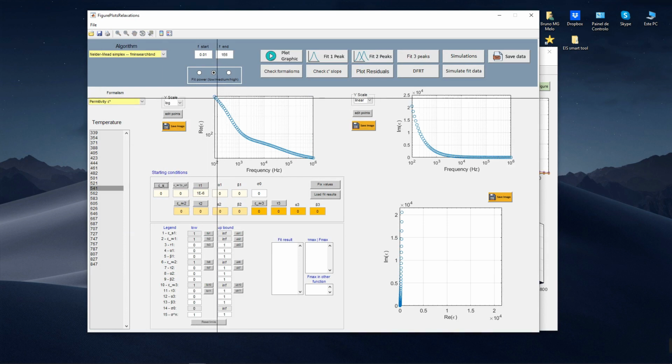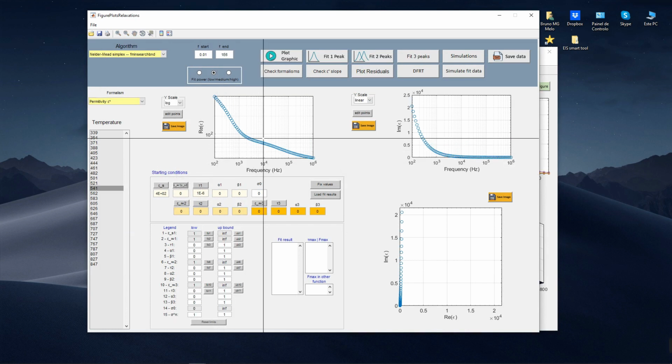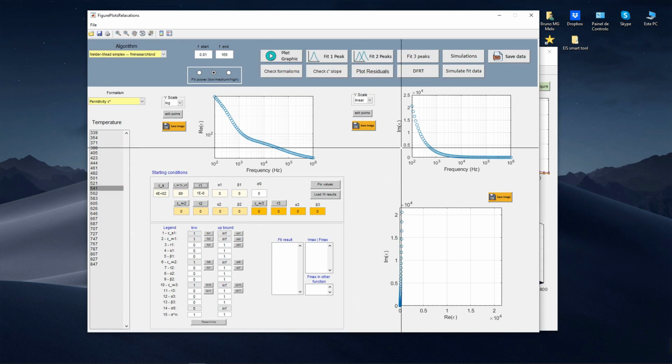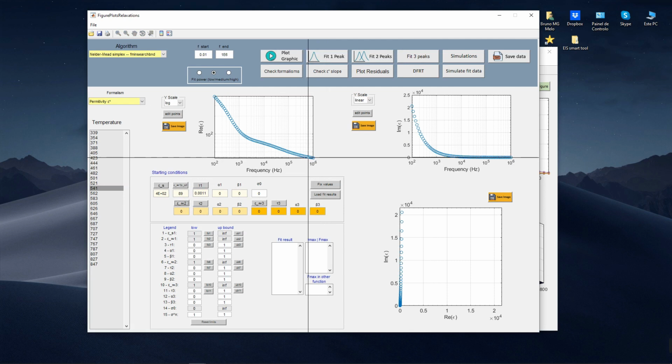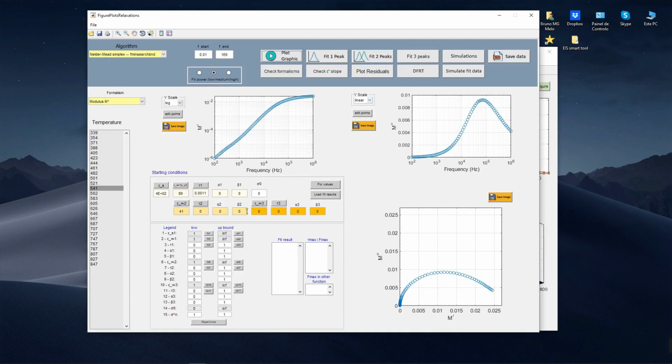So this is the static value, the infinite one, time constant should be around here, and then the infinite permittivity of the second relaxation. We can now change back to the modulus, and we'll take the time constant value of the second relaxation